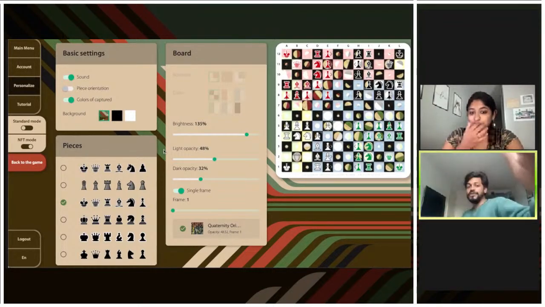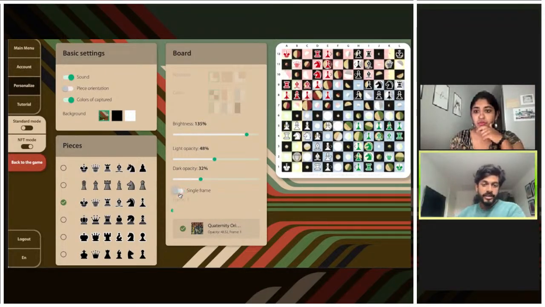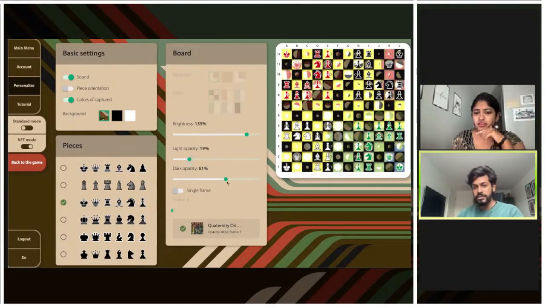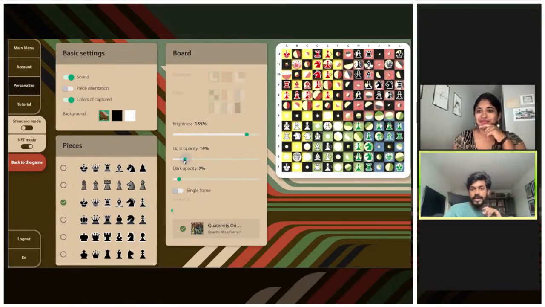There's a different set of configurations now, because the art is actually a video of a dynamic motion on the board. You can switch between the single frame and video mode. You can't really tell because of the opacity settings right now, so if you reduce the opacity, you go left, you reduce both. Yeah, you reduce both. And you see that there's a video.